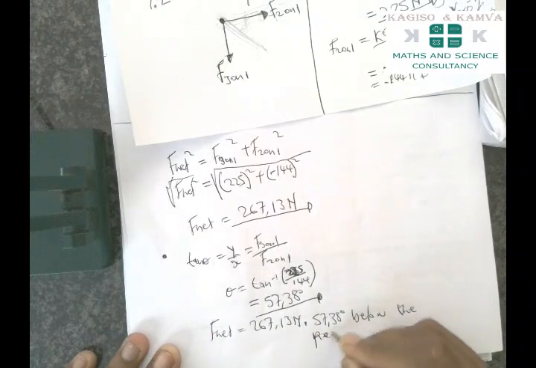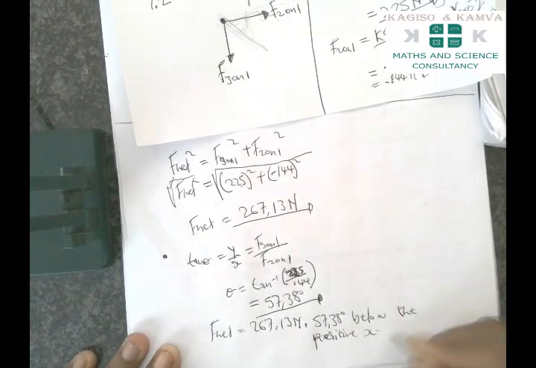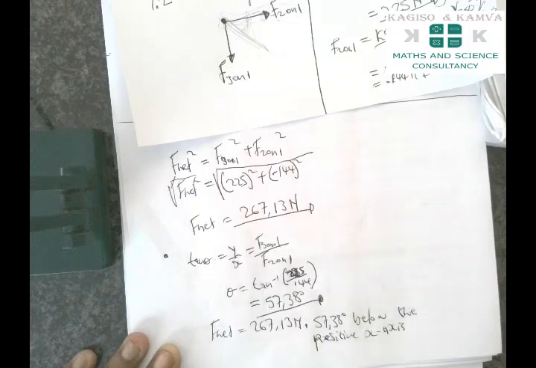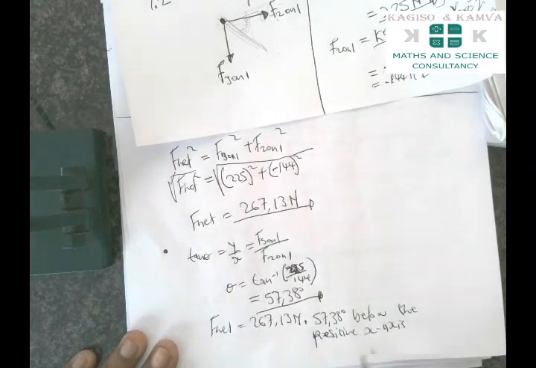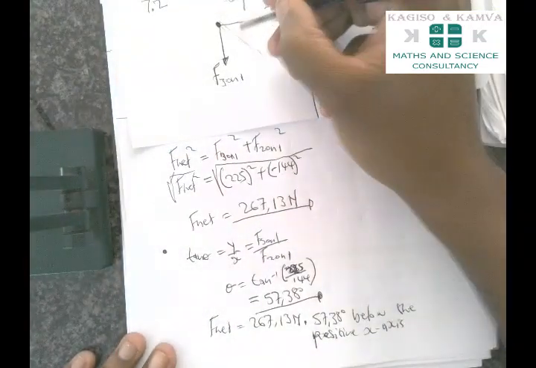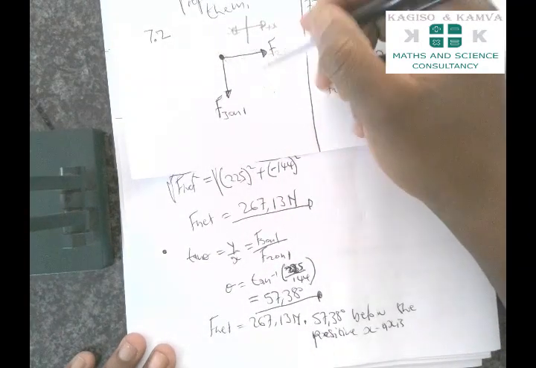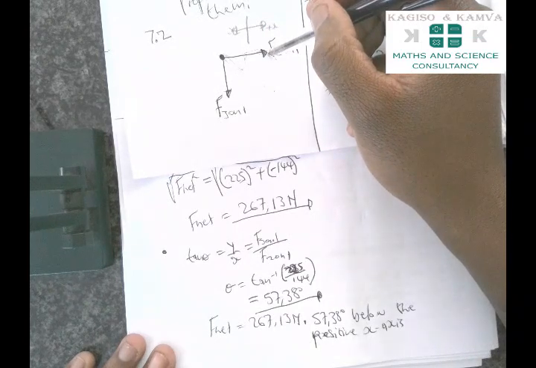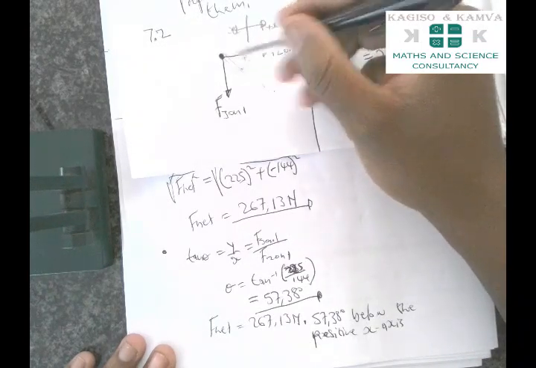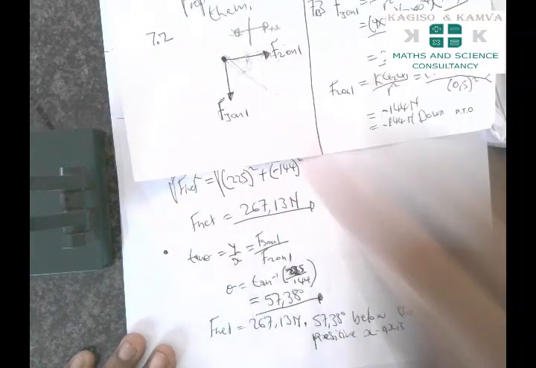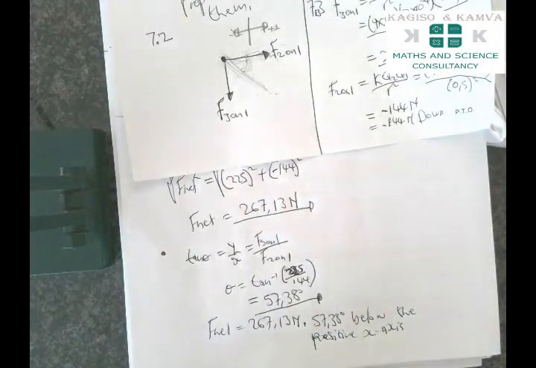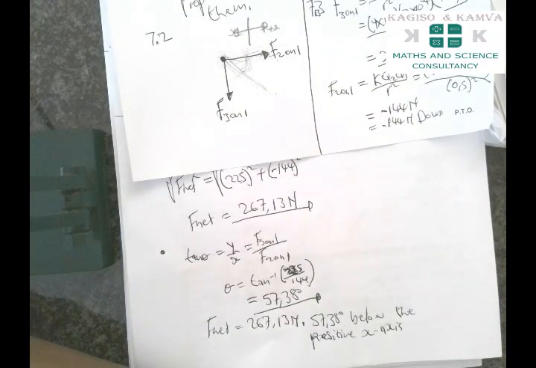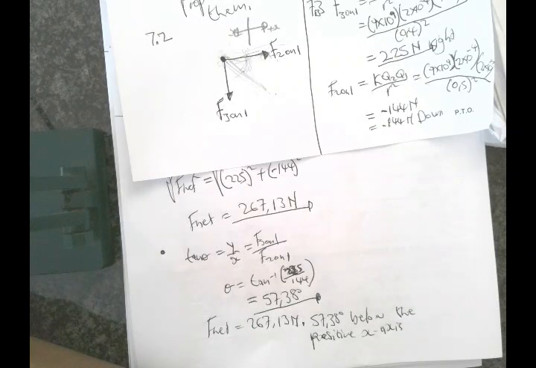Below the positive x-axis. This is the angle with respect to the x-axis, below the positive x-axis. You can always use that as your direction. So this is how you are supposed to do this question, good people. Thank you. Any questions? No questions. Please do the next question, which is question